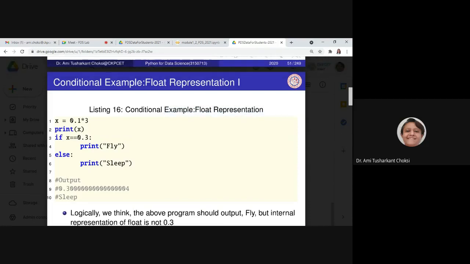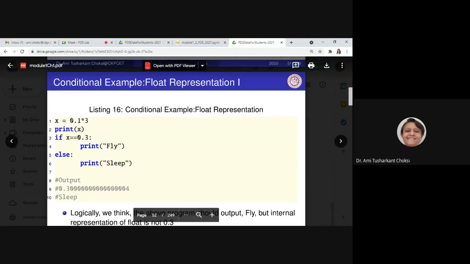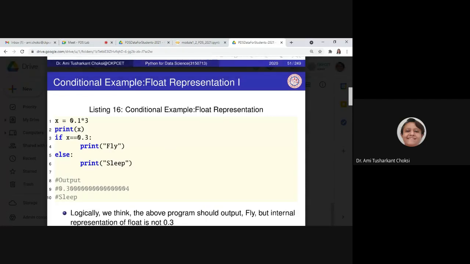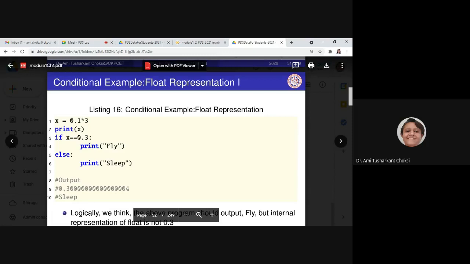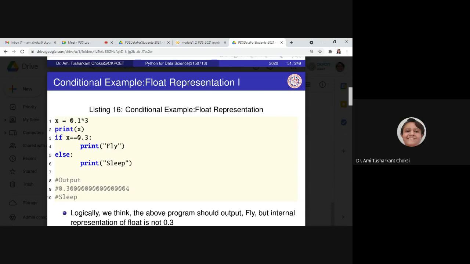So if we check whether x is equal to 0.3, it will not consider x as exactly 0.3, but as 0.3 with many zeros and then 4. So it is not exactly equal to 0.3. Fine. I have again told you the same example to keep you aware of it, right?